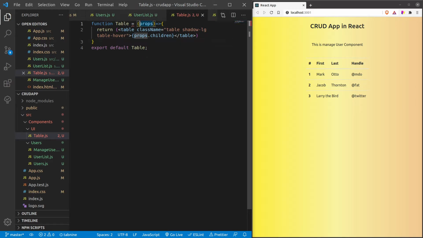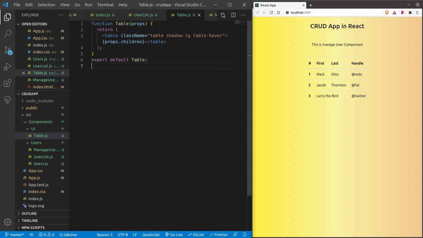You can see that, all right, I have made a mistake here. I have tried to mix the different syntaxes of table. Now I have created this table component. Now similarly, let's also create a table body component. So guys, you can see that I have used props and I have used props.children.